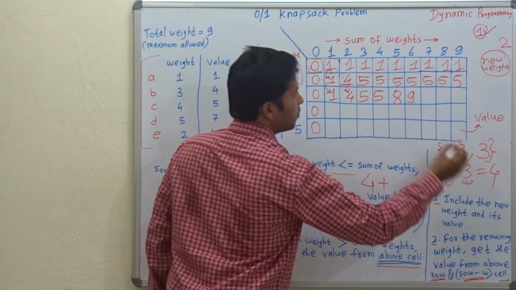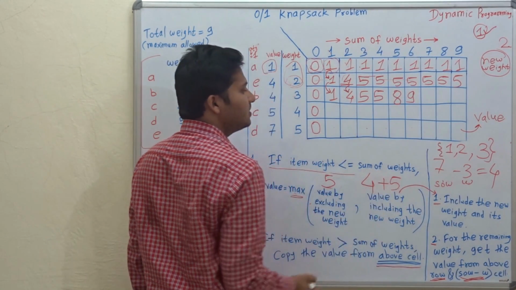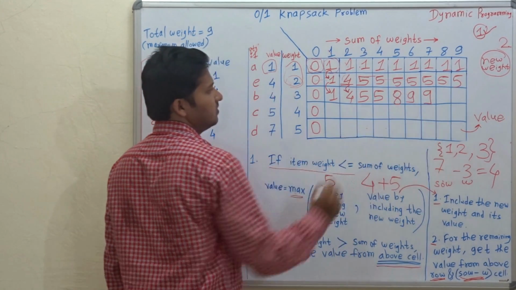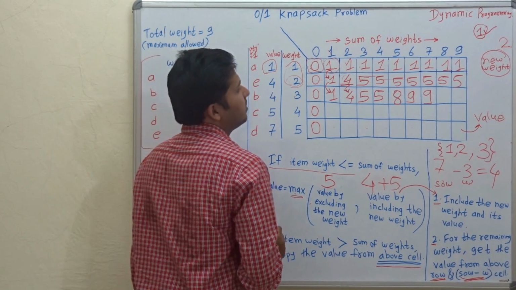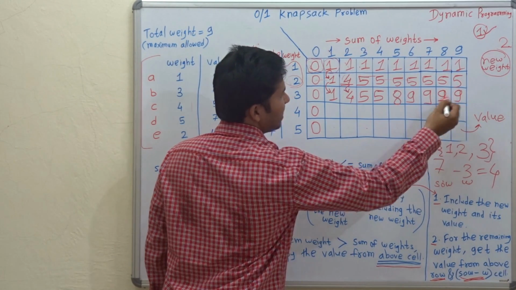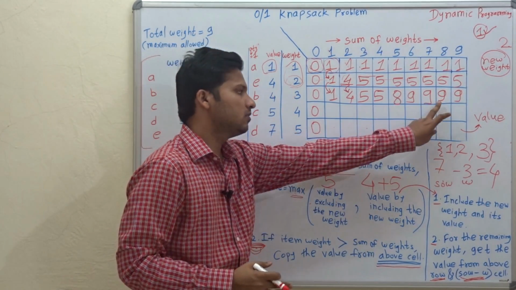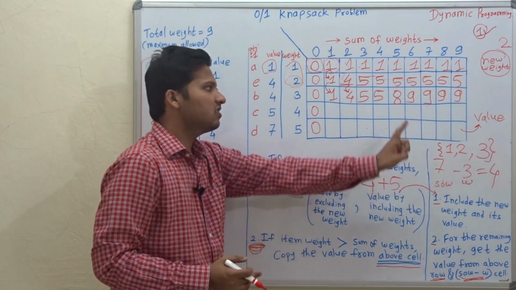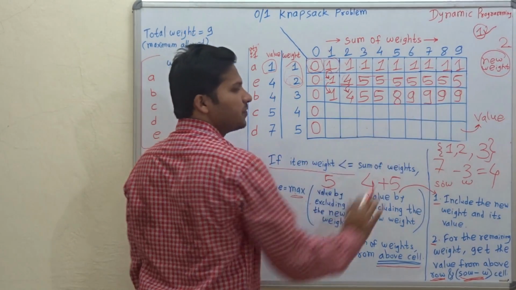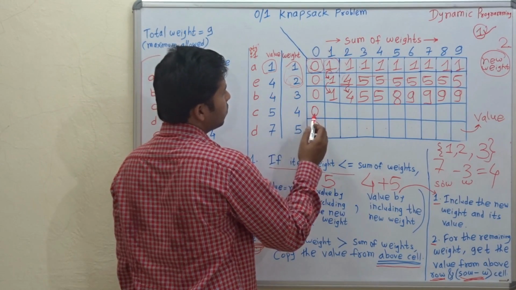So in the above row, go to the 4th cell, that is 5. So 4 plus 5 is 9. So the max is 9. Okay. Now similar things will happen for the next cells as well. Your program will calculate it, but to avoid repeating the procedure, I am just telling you that similar values are going to appear in the next cells. Now let's go to the next row.